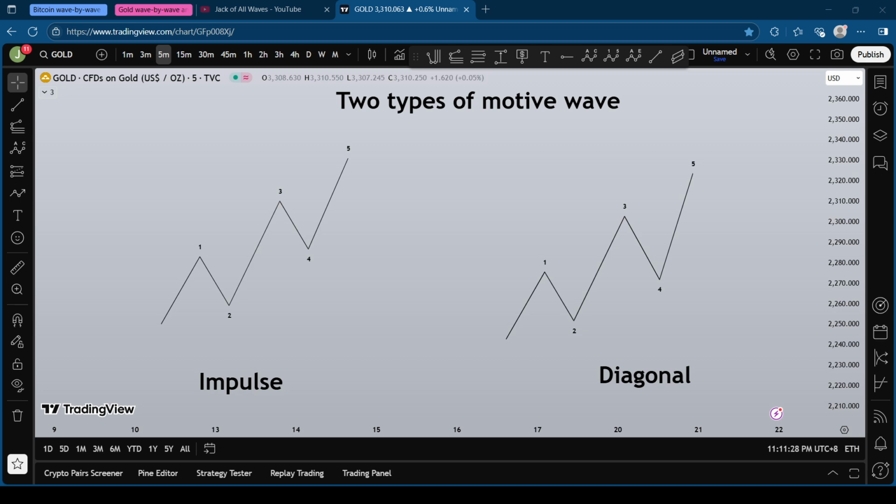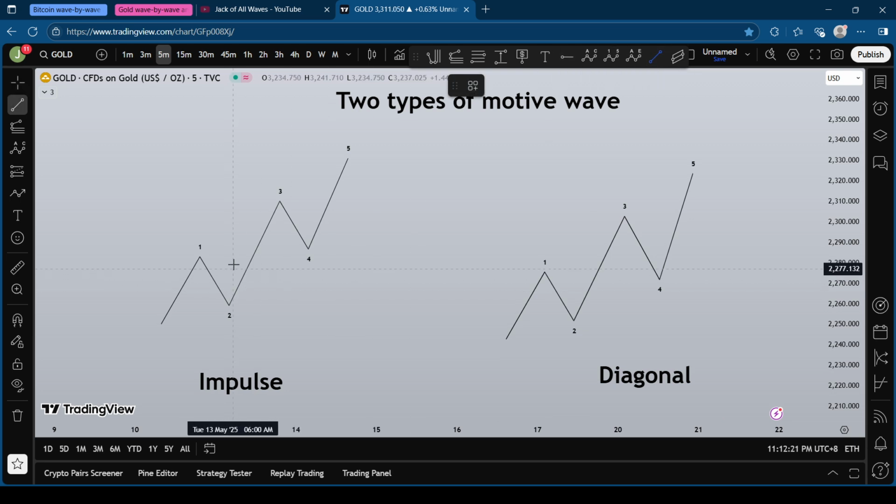Okay, according to Kingsman, wave 4 goes beyond the territory of wave 1 on the second. That's a diagonal. According to Wilver, on diagonal waves, wave 4 overlaps wave 1. On impulse waves, wave 4 doesn't overlap wave 1. Okay, very good. That's correct. So, in other words, the difference between an impulse or a diagonal wave is simple.